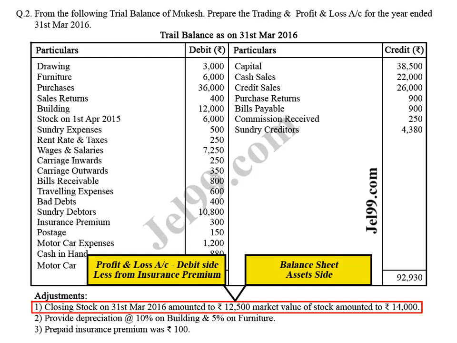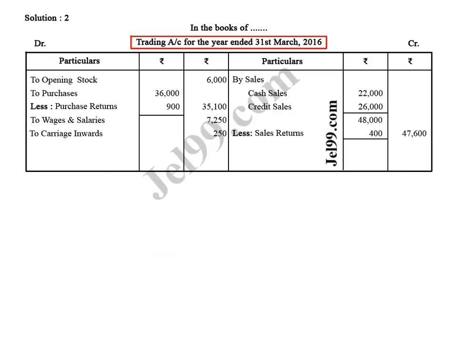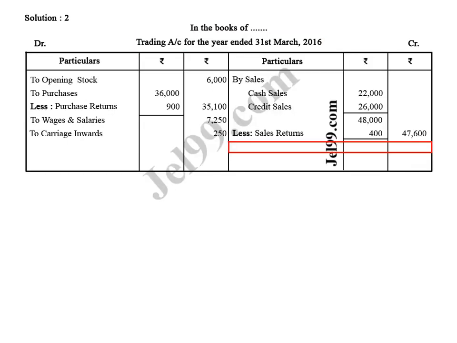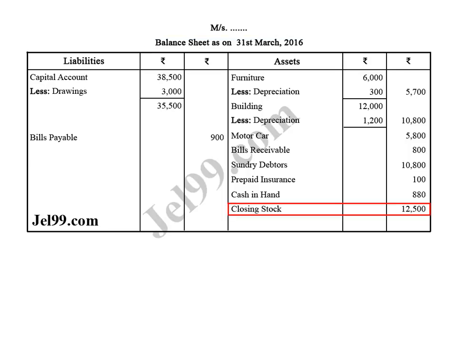In this adjustment, the value of closing stock will be taken at the lowest value, that is, rupees 12,500. So the first effect is shown in trading account, credit side, by closing stock of rupees 12,500, and the second effect is shown in balance sheet, assets side, closing stock of rupees 12,500. Then